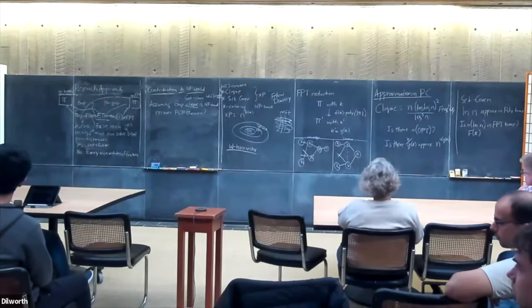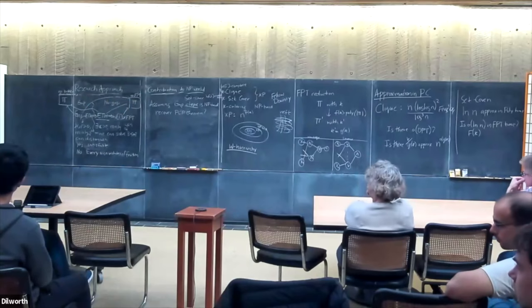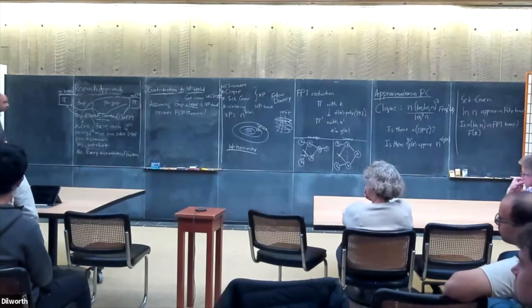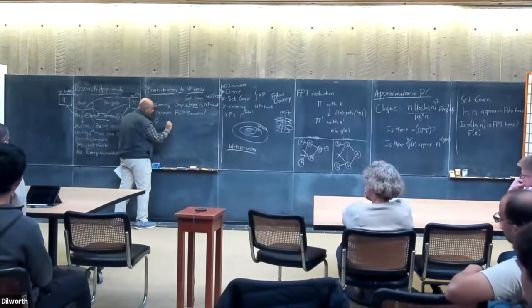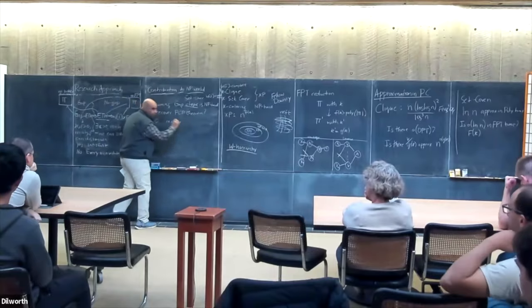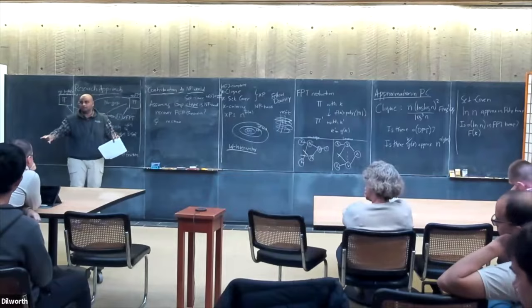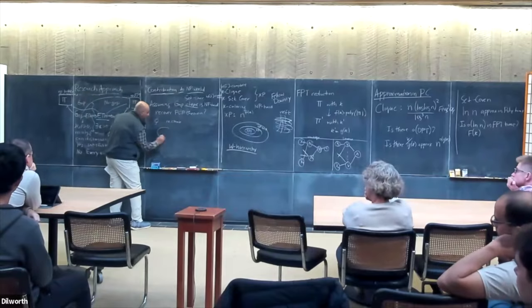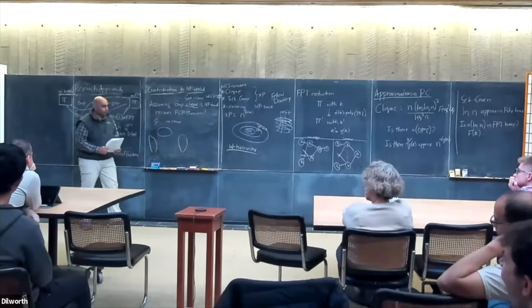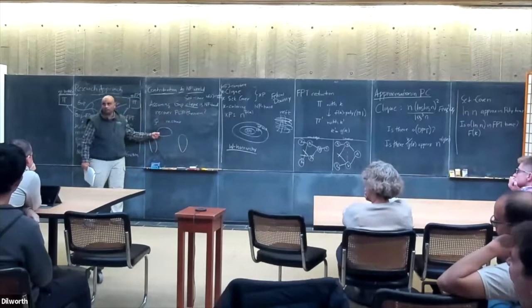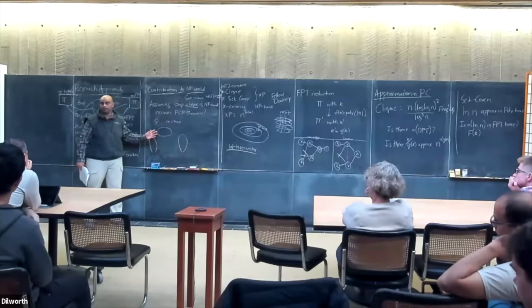So you claim ETH implies FPT hardness of W1. Is that something that's easy to see? Yeah. If you have a formula phi on M clauses, then you partition the M clauses into K parts: part 1, part 2, up to part K. Each node corresponds to a partial assignment that satisfies all the clauses in that part. And then you just do consistency. You get a K-clique instance.